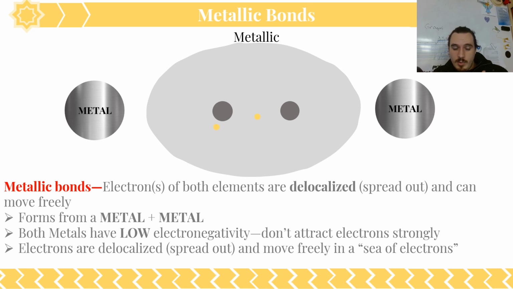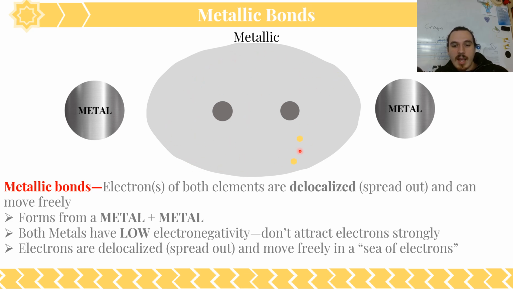The last one we'll talk about here is metallic bonds, which, as you may have guessed, happens when a metal combines with another metal. And in this case, electrons of both elements are delocalized, they're spread out, and can move freely. So again, between a metal and a metal, the reason why they spread out so much is because both metals have such low electronegativity that these electrons are not strongly attracted to either of these atoms and can kind of move more freely. Since electronegativity is the ability of an atom to attract electrons, to pull them towards itself, if electronegativity of both atoms is really low, the electrons can spend a lot of time being out in the